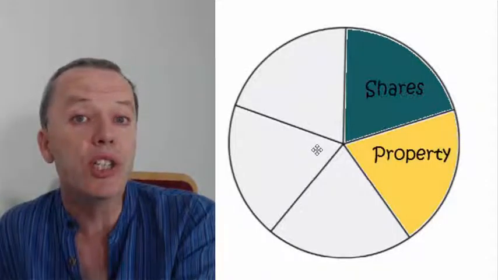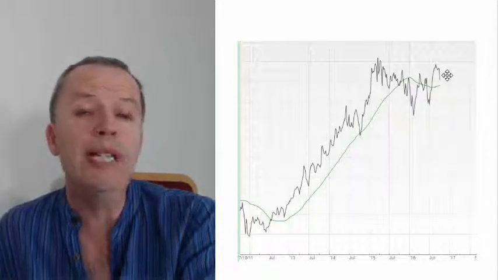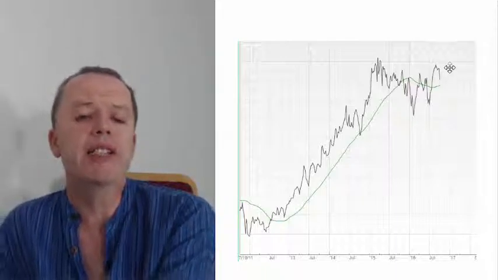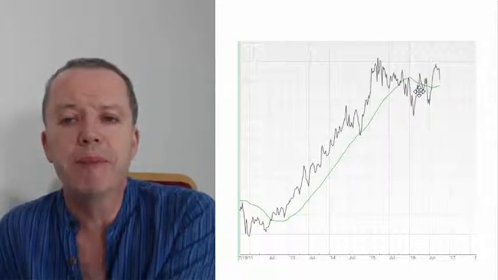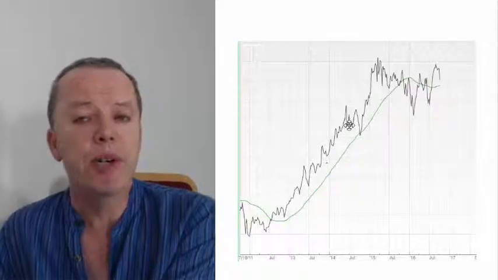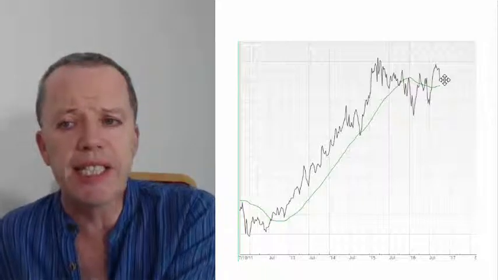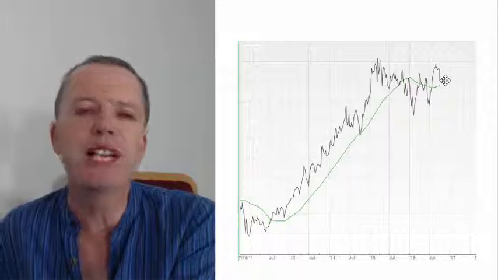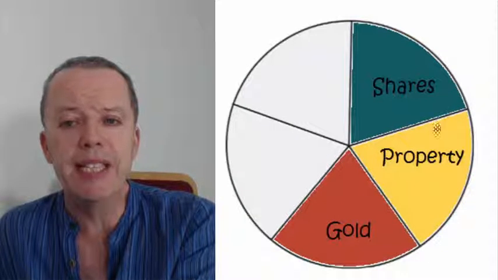So let's have a look at property and see what's gone on in property this week. Now, there's been a massive fall in the price of property, or in the investment trust that I use to be exposed to property. You can see how the price has come down this week, but it's above the green line, so I'm going to remain invested. Remember, I remain invested when the price is above the green line. So green is for go. I'm staying invested. Now things might be different next week, of course. We'll see. I'll be very interested to have a look next weekend to see just how things are doing. But for the moment, I'm staying invested in property.